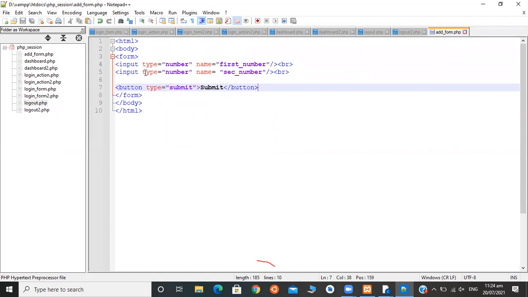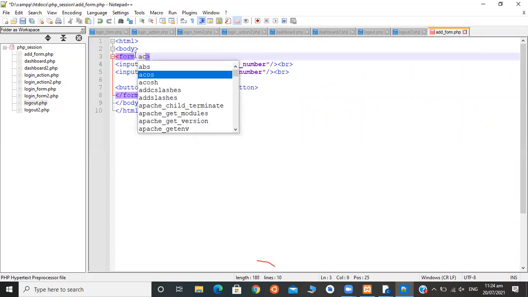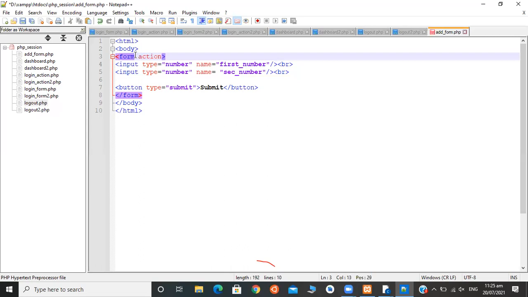Save. And in the form, what attributes do we need to pass? Anyone of you can tell me? Action. Okay. What should be the action here? Addition.